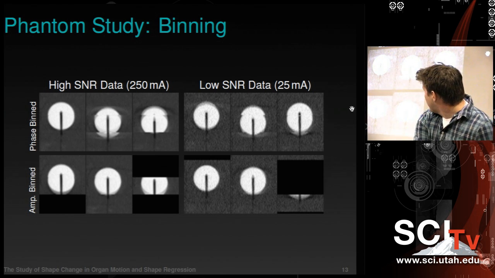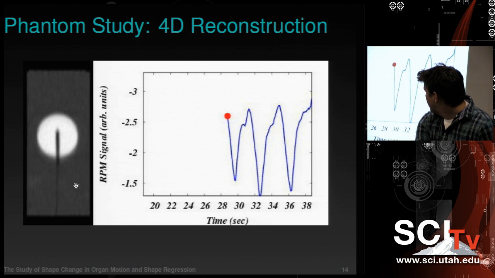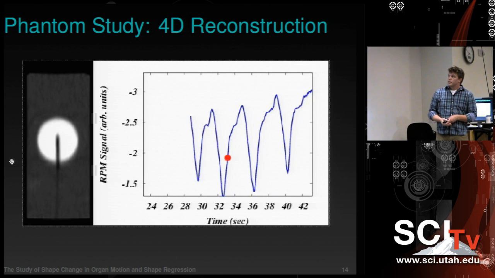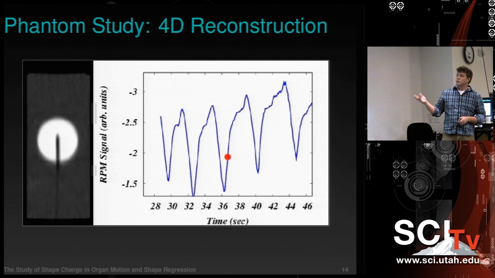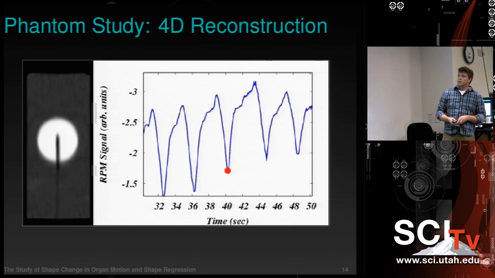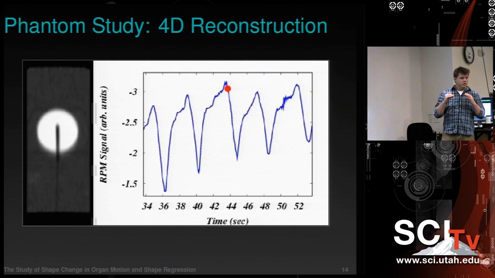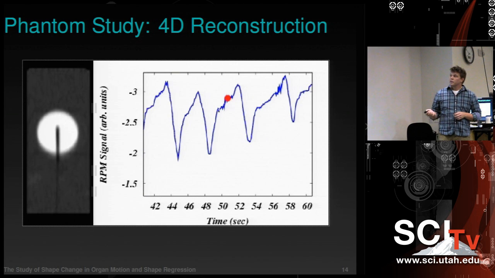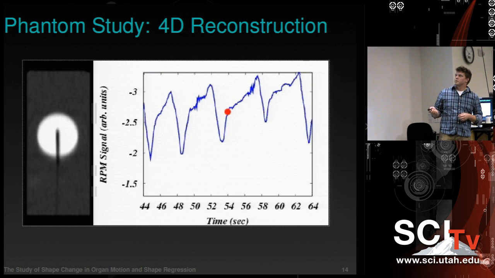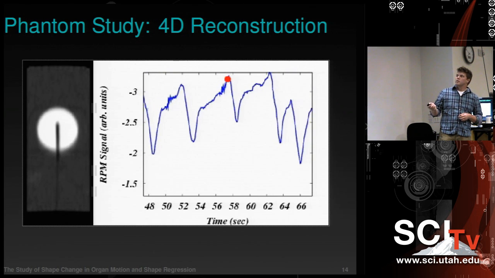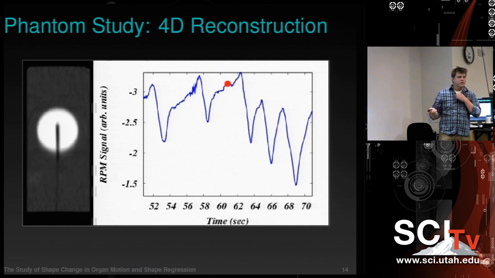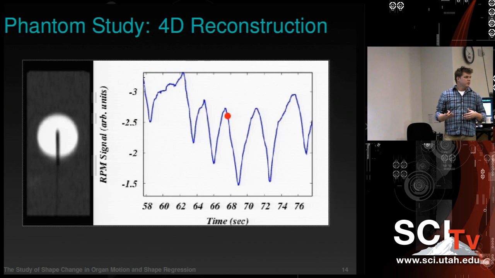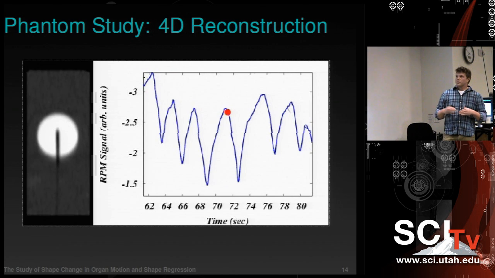So we used the data on the right and fed it into our algorithm. And we're able to play back the motion correlated to the breathing signal. And you'll notice that we don't see any of those jaggy motion artifacts in our resulting image. And you also might notice, if the projector is working right, that the image quality in terms of SNR is much improved. Since we're using all the available data, we're able to really increase the